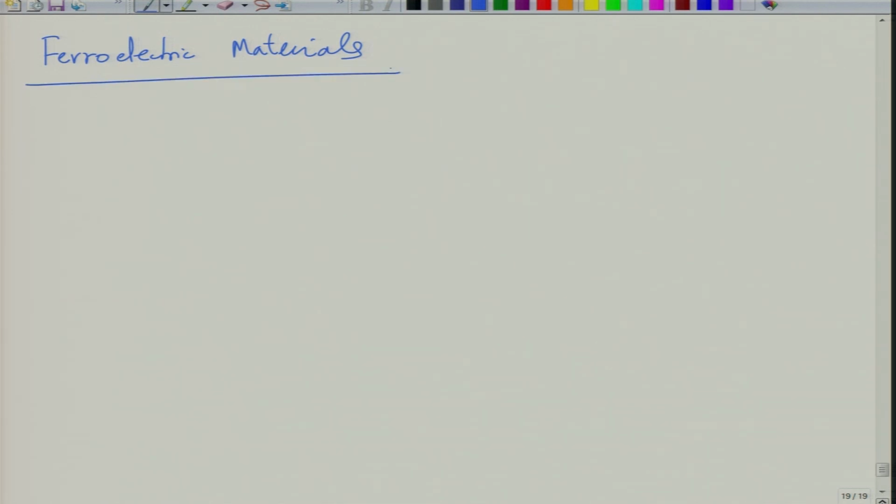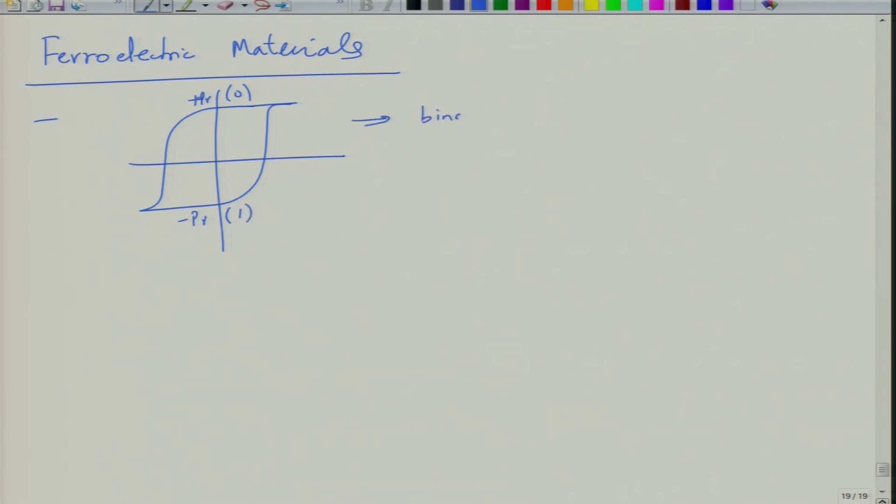Now, let us look at what we call ferroelectric materials. Every ferroelectric material can of course be used as a piezoelectric and pyroelectric, and similarly every pyroelectric can be used as a ferroelectric. But in addition, ferroelectric material has a very important use, which is data storage. Just like magnetic material, it has this state of plus Pr and minus Pr. The plus Pr can be 0 and the minus Pr could be 1. So, basically this can be used for binary data storage,